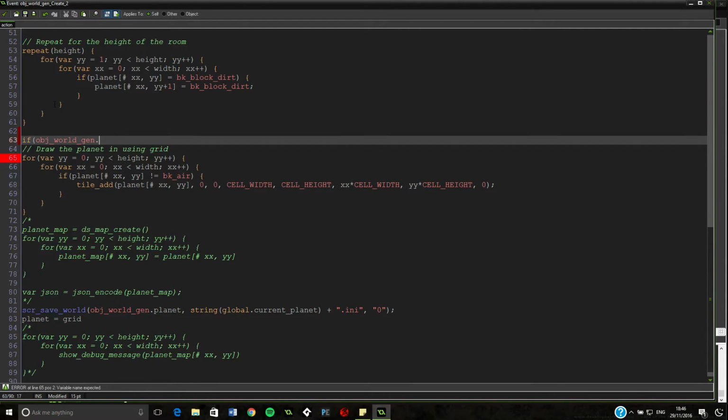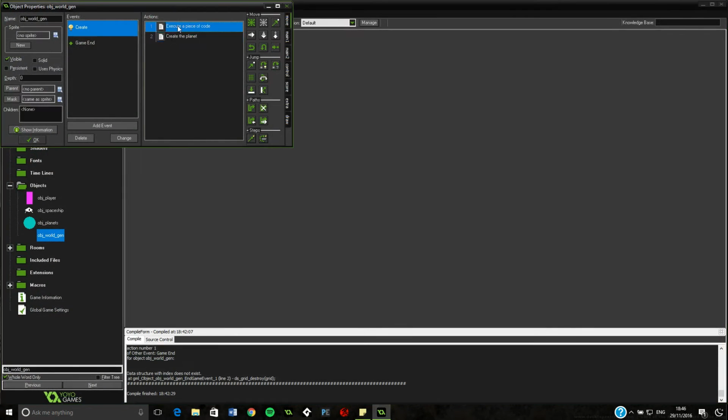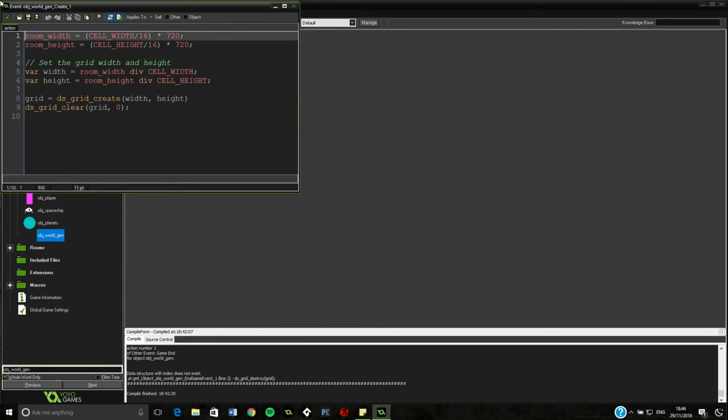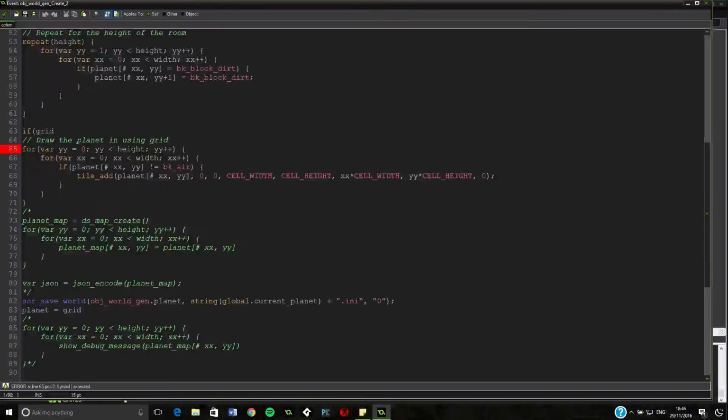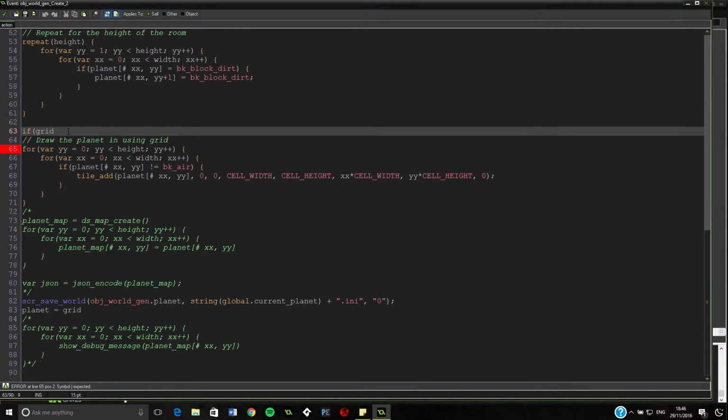We're actually in world gen, so we don't need to do this. Grid, and we need to see what we actually set it to originally. Does not equal. Okay, we need to see if it's not empty. So we'll just say 0 0